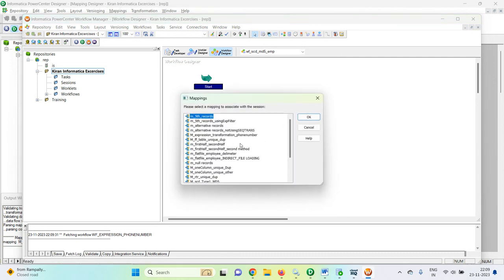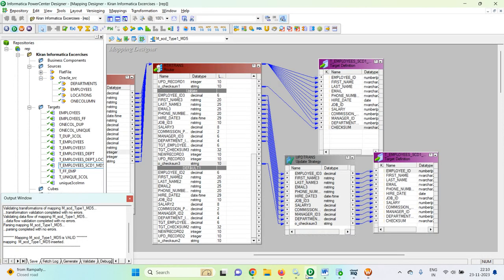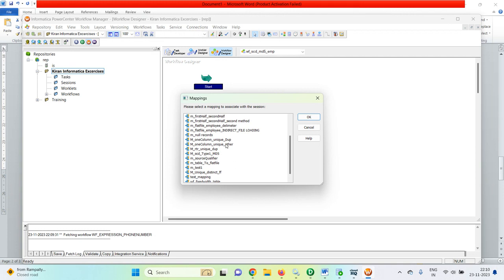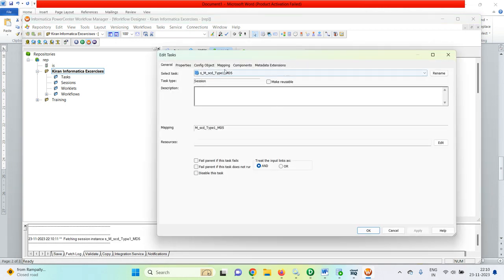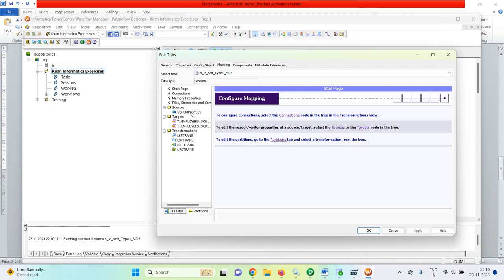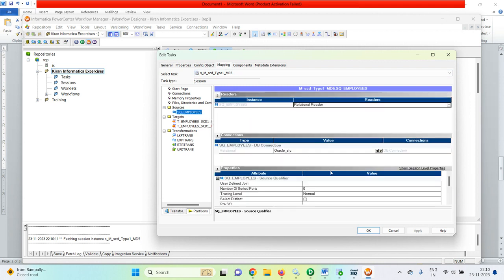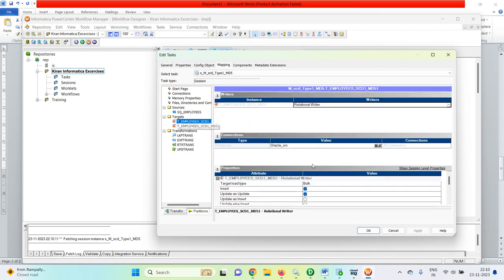So our M_, what is our mapping? M_SCD_Type1_MD5. Take this one here. Create the link from start to this session and go for the mapping. Source qualifier is Oracle_source. Target is